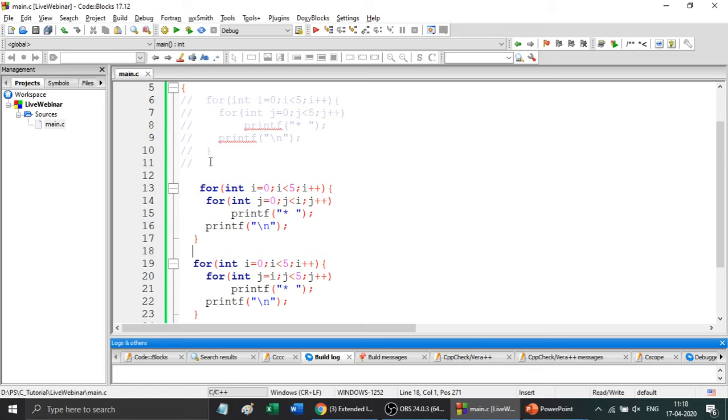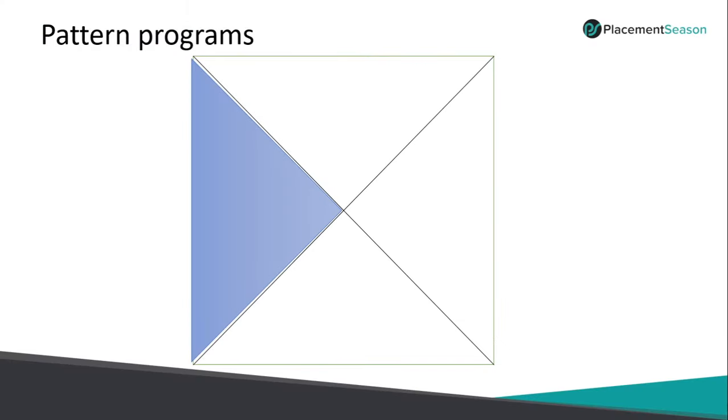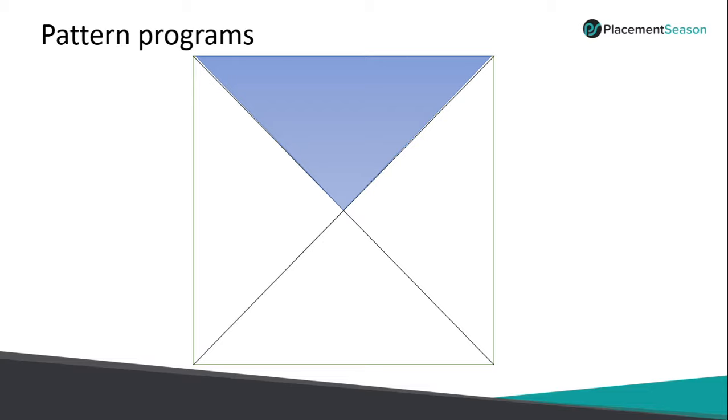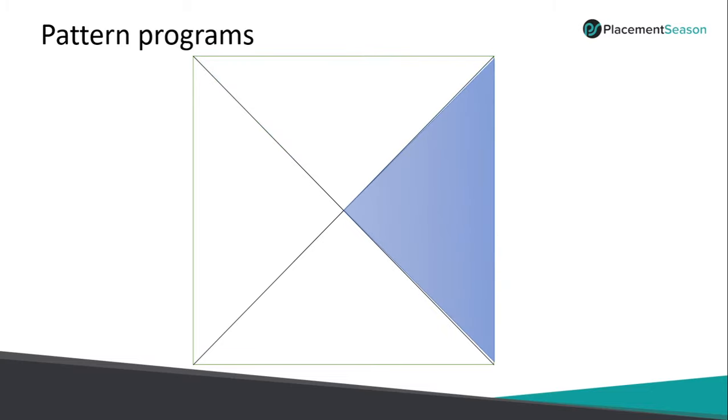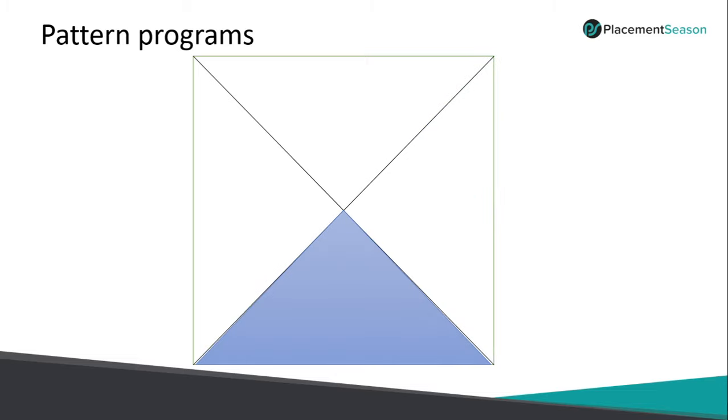You'll be getting many questions in this pattern printing. For all the questions, the logic is similar. As of now, we have typed the code to print the pattern like this, that is the left triangle, and we suggest you to understand the logic to print the second, that is the upper triangle, and right triangle and then lower triangle. If you are clear with these three logics, you can easily crack any pattern printing programs.